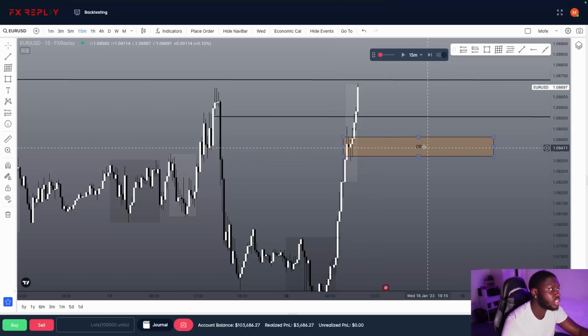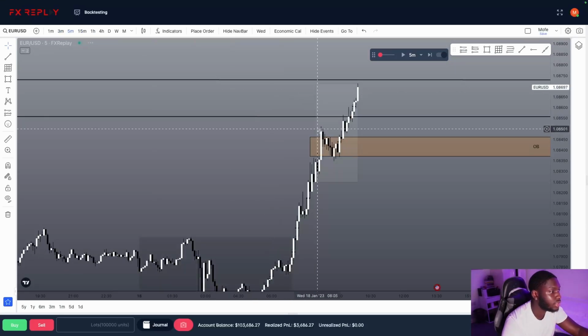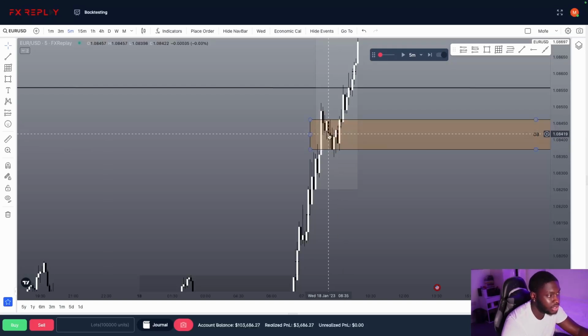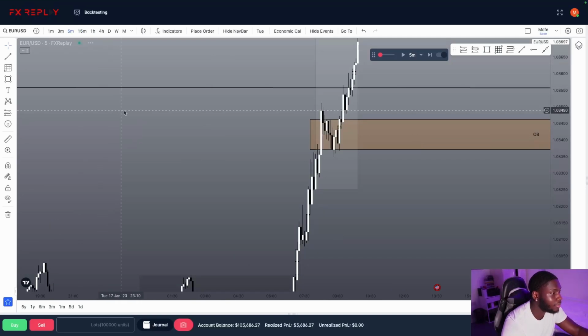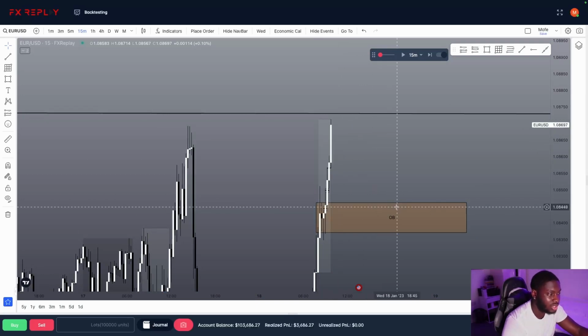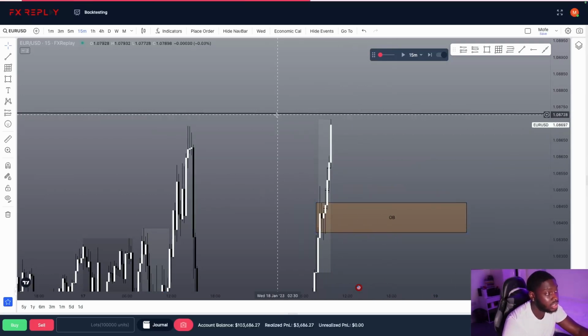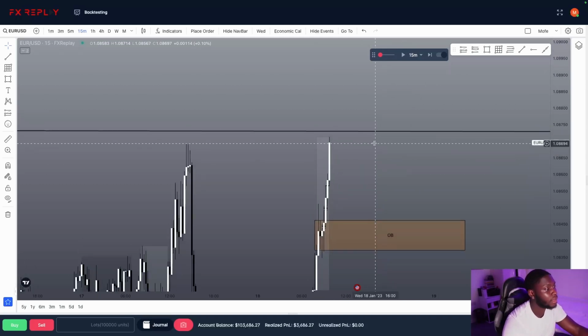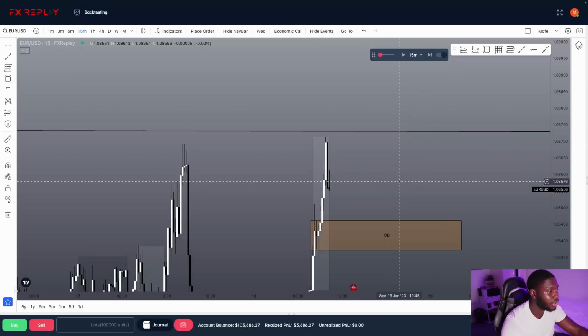On the M15, it doesn't really look as clean as an order block that we normally see, but if you drop down to the M5, in this area, you would see this candle down here, or this series of candles that swept this liquidity would be your order block. But it just looks cleaner on the M15, that's why I take it. It's a bit messy on the M5, but I just know that's how it would look. If price sweeps this high before coming to our entry, you don't really want to take that trade. This high is most likely going to be used to frame a reversal, or we're just going to continue on. But let me see what it does before I waste my time talking about it.